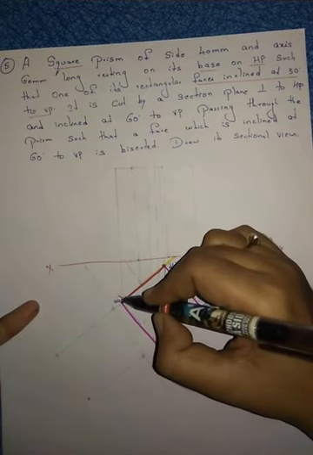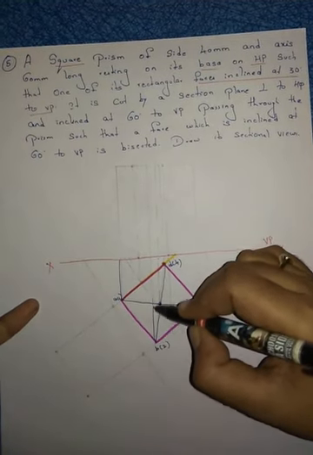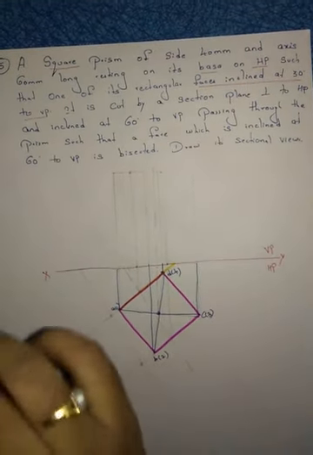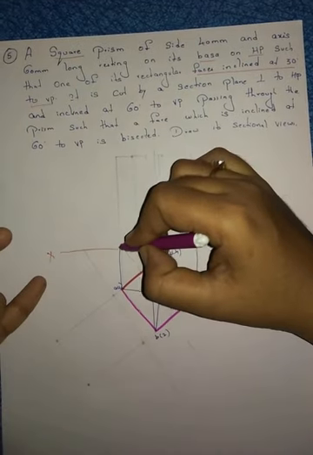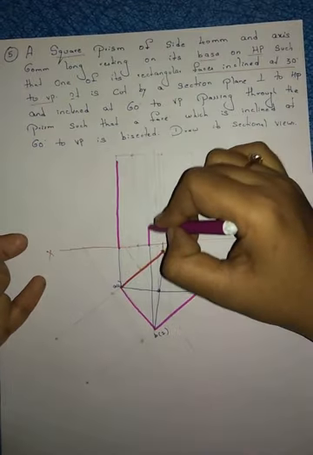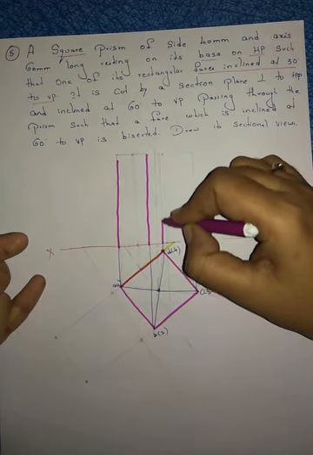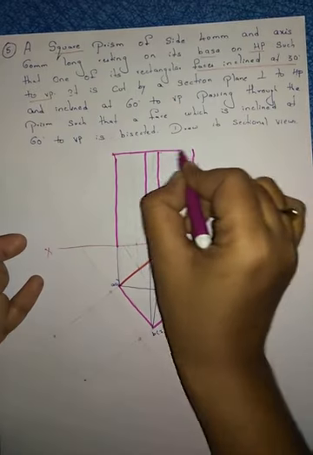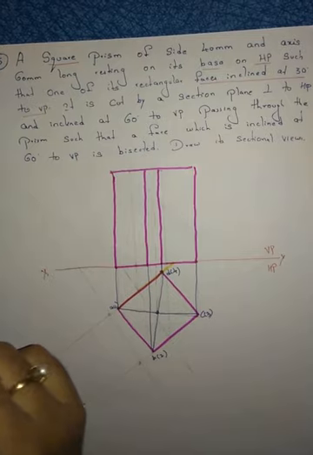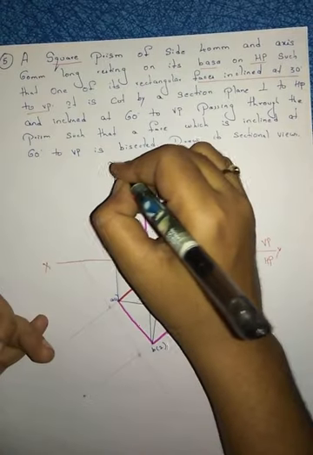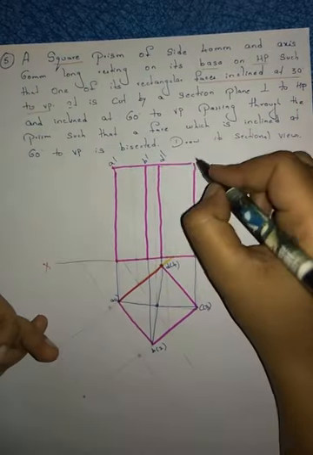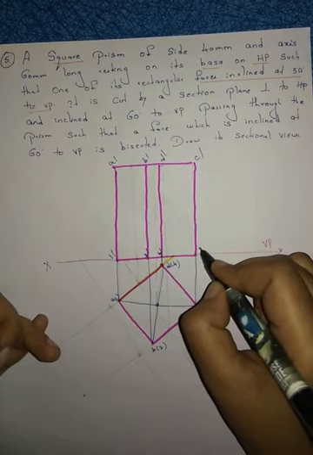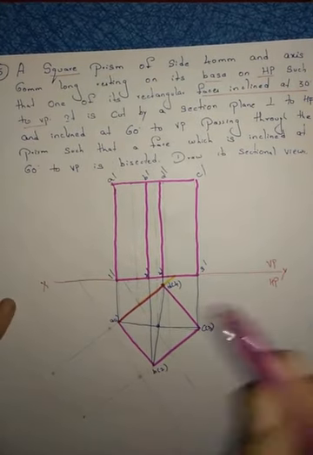After that, what we have to do? From A project the line, from B project the line, from C, from D project the lines. Now, the axis height is how much? 60 mm, 60 mm, 60 mm, and here 60 mm. Construct the prism here. What are the point names here? A dash, B dash, D dash, and here C dash; 1 dash, 2 dash, 4 dash, and here 3 dash. So this is the first part of your question.